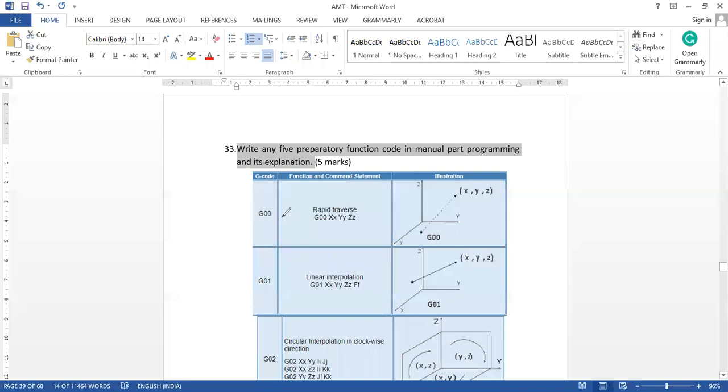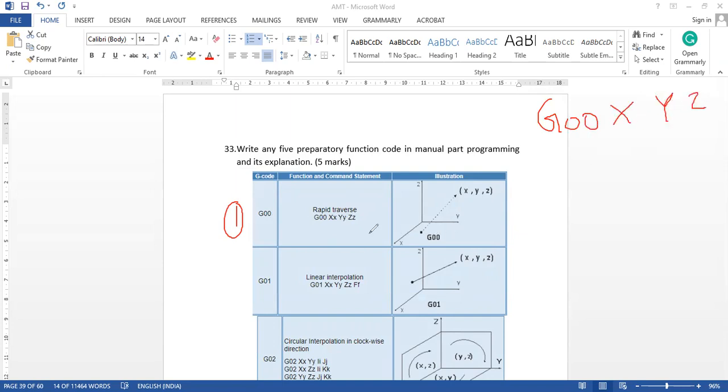Okay, so here the first code is G00. G00 means a rapid traverse, that means a rapid movement. For G00, you have to enter the X value, Y value, and Z value, so small x, small y, and small z represent the X value, Y value, and Z value.